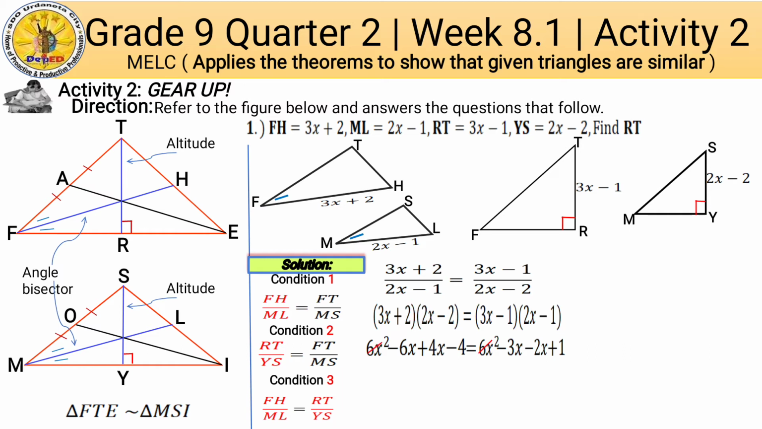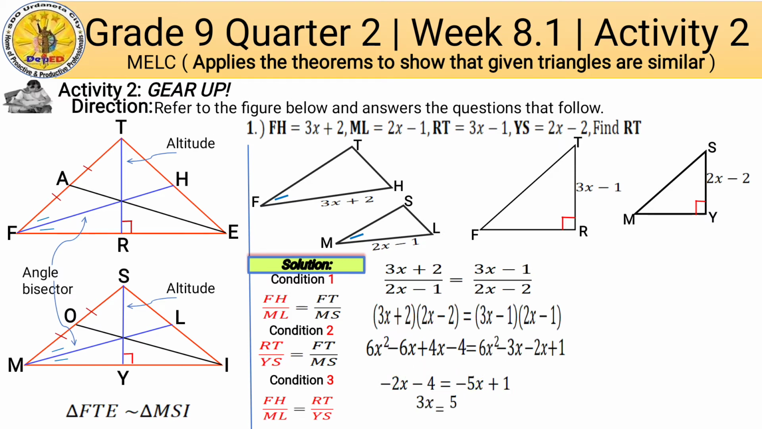Combine similar terms, cancelling 6x squared, adding negative 6x and 4x on the left side of the equation, while on the other side is negative 3x and negative 2x. Then the result is negative 2x minus 4 equals negative 5x plus 1. Moving negative 5x to the left side of the equation and negative 4 to the right side of the equation. Then add,